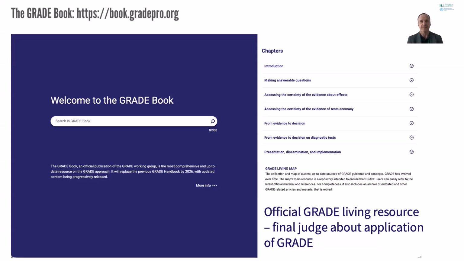But the official current guidance is actually in that GRADE book, which is kind of the final judge about the application of GRADE. And this is very relevant because, of course, many decision makers use GRADE. So I'll now go into more depth about these concepts that I already described, and I will talk about how to assess